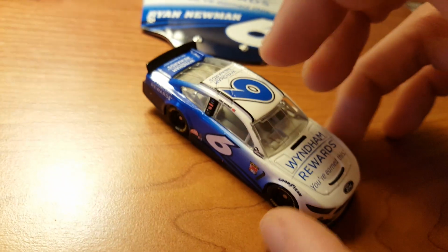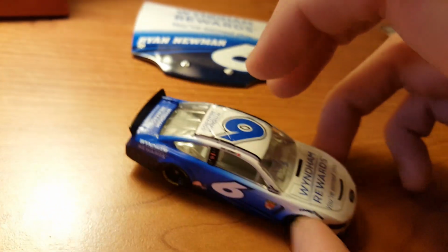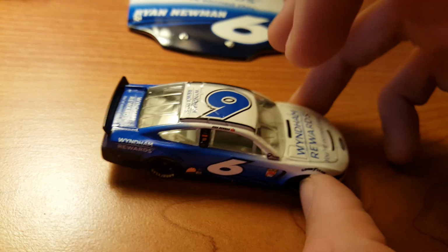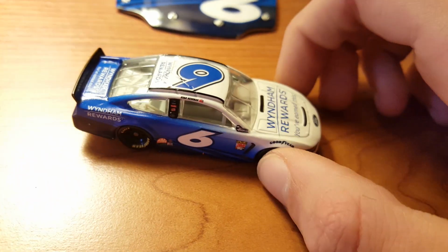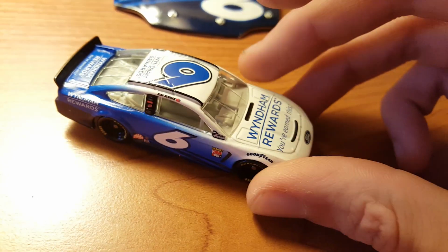I'm trying to talk more about the paint schemes in these recent videos, and there's always something I forget about it. And this is already my 5th car, and I just remembered to talk about the numbers, but who really cares? So,